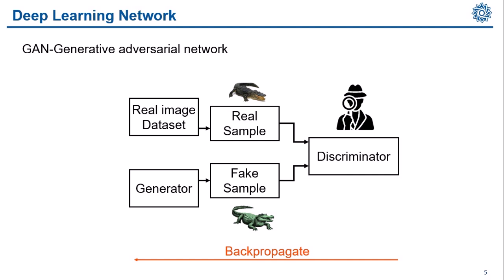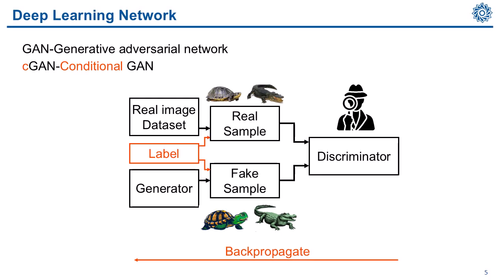In this slide, we can see an example of how a GAN can generate new images of a real gator based on the gator images in our dataset. But what if we have two different types of animal like turtle and gator in our dataset? To ensure the GAN generates the correct category of animals, we can add labels to our samples. Labels are simple indicators that tell the cGAN, which is short for conditional GAN, what kind of animal each image represents. For example, we can use 0 for turtles and 1 for gators, or more complex labels like graphs